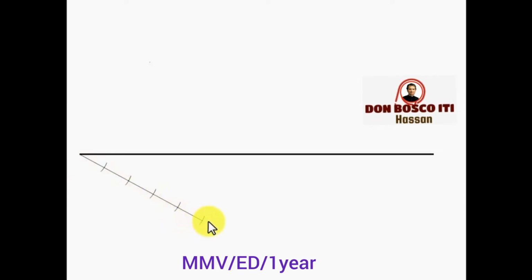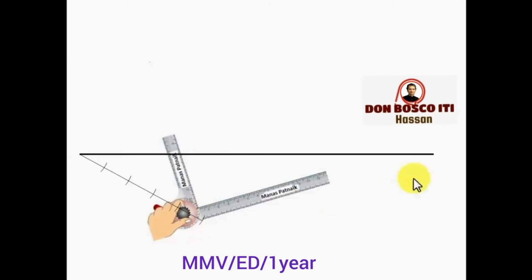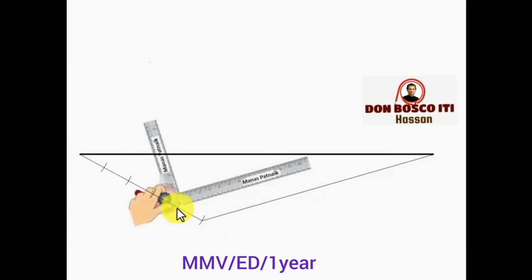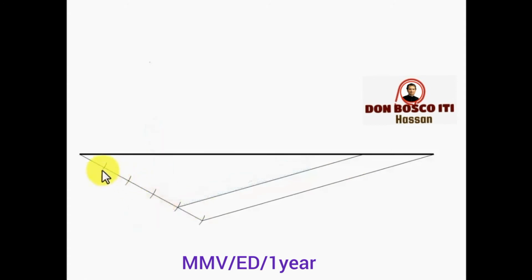Now, the next step is extremely important, guys. You need to make use of a mini drafter. You can keep your mini drafter over here, all right? And then with this point and this point, you need to join these 2 points, okay? That's it. And then tighten the screw, then take your drafter ahead over here, that is at the 4th arc, all right? And then again, you need to draw a line. You can clearly see that these 2 lines are absolutely parallel to each other, okay? And if you keep on moving your drafter to this point, this point, this point, you'll ultimately realize that all the lines drawn are absolutely parallel to each other, and eventually this dark line that I've made gets divided into 5 equal parts. That's it.